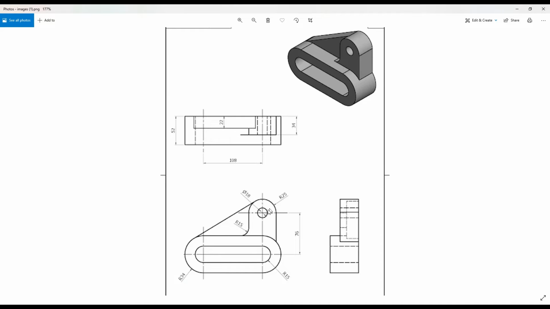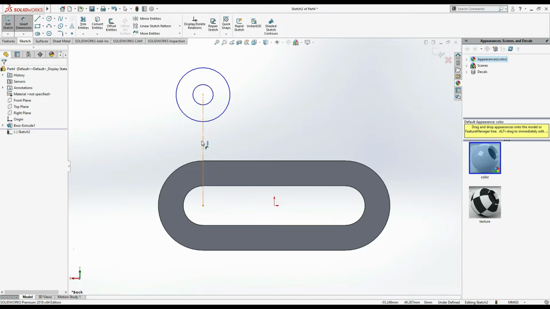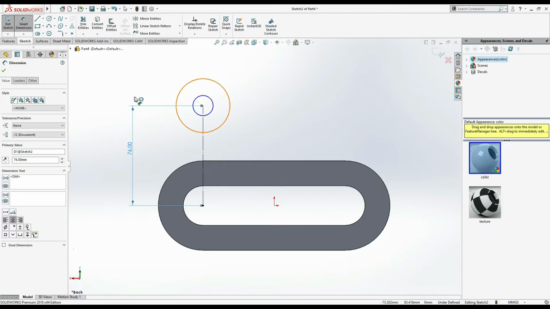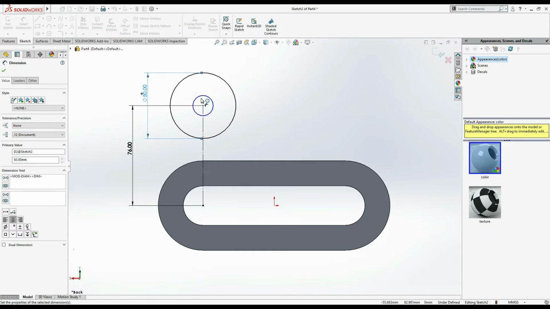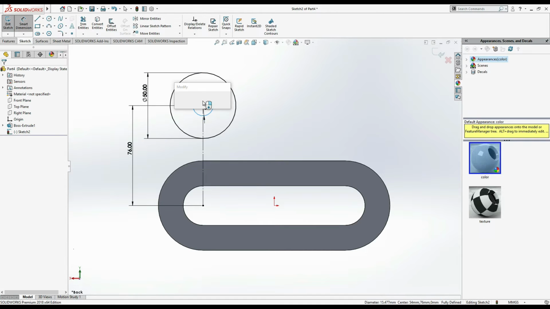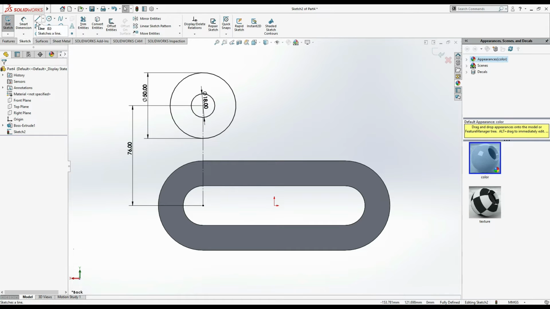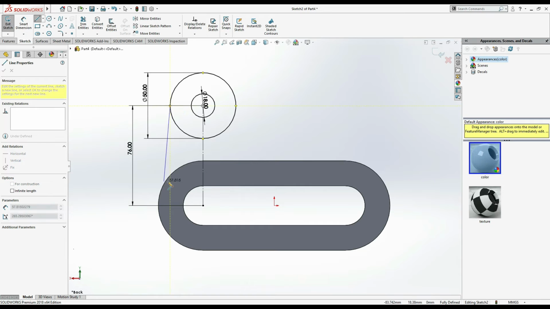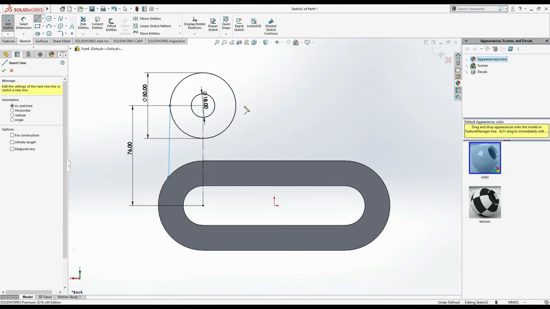Smart dimension. What dimension do you have? This is 76. This one is 25 radius, meaning 50 dia, and this is 18 mm dia. Okay, now what you have to do next, again go to the line command, find the tangent point and make a vertical line. Okay, end chain, right click and click end chain, or you can simply double click